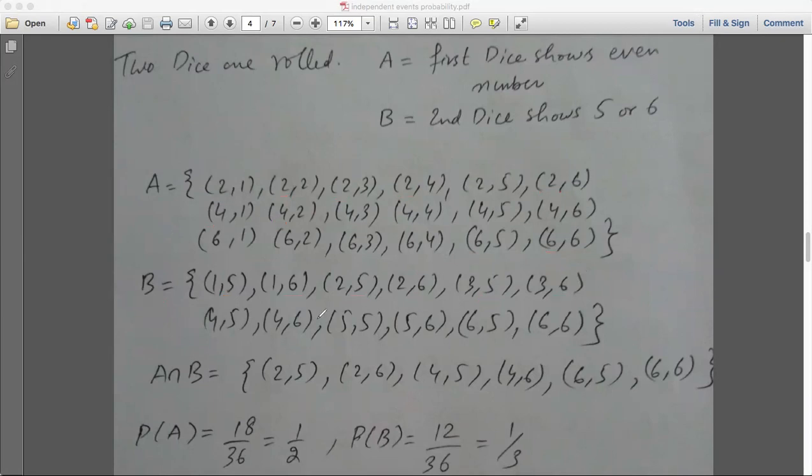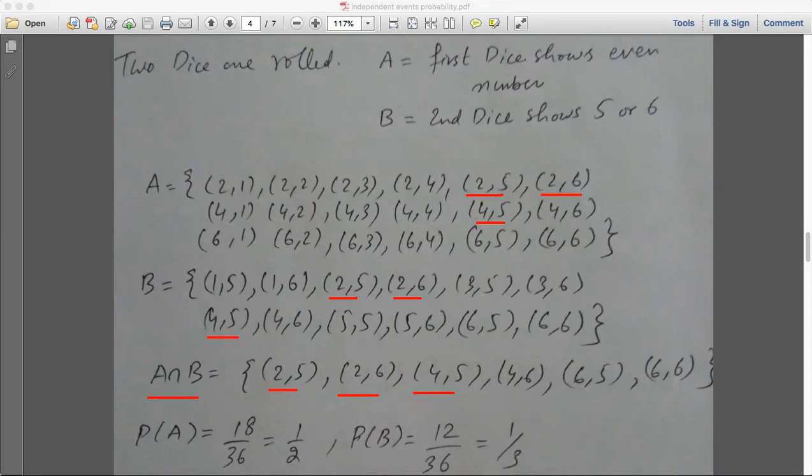After this, we need to find the intersection of A and B. So A intersection B, हम easily find कर सकते हैं the common elements. So what is common elements? As you can see here, these are the common elements in two sets. उनको हम सबको लिख लेंगे. Okay? And 4, 5 भी इसमें common है, इसमें भी common है. So 4, 5 आ जाएगा and so on. अब तमाम के तमाम इसके जो elements है वो हम निकाल देंगे.